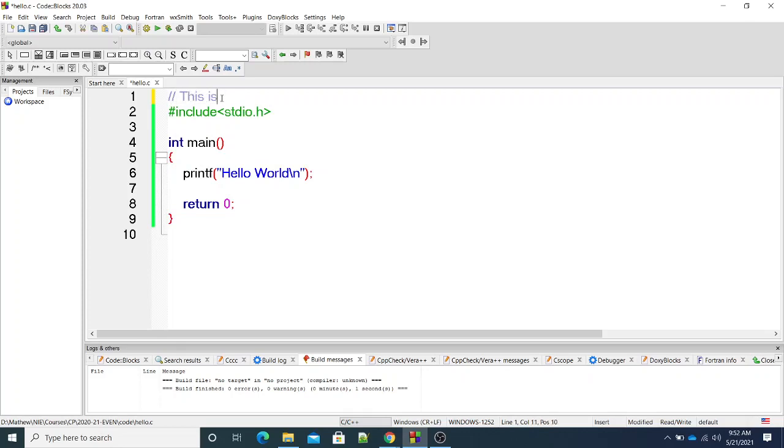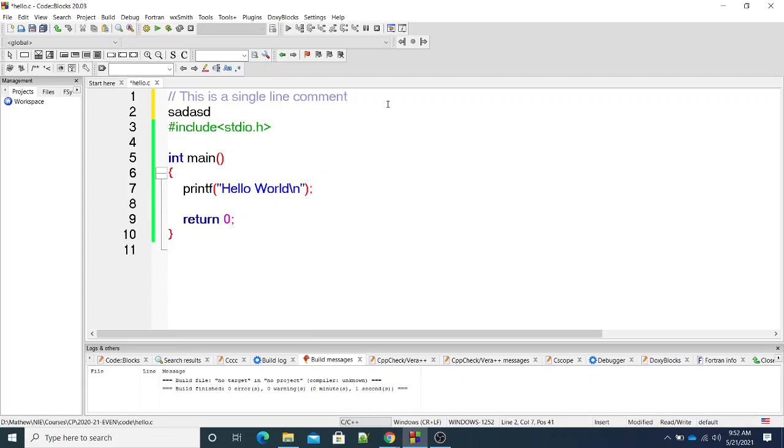So this is a comment. I can write anything. Normally, comments are used to give a brief explanation of the statement or the program we are writing, so that somebody reading this program will understand easily. That is the purpose of a comment. This is a single line comment. If I go to the next line and type, it is no longer a comment. So with a single line comment, you can write only one line. Here you can write anything in your natural English language, to explain to the reader of your program what you are planning to do.